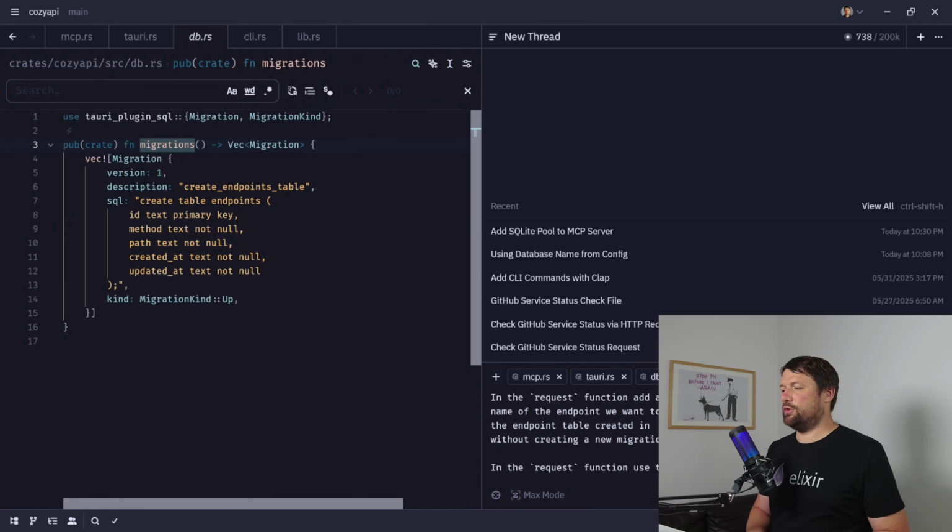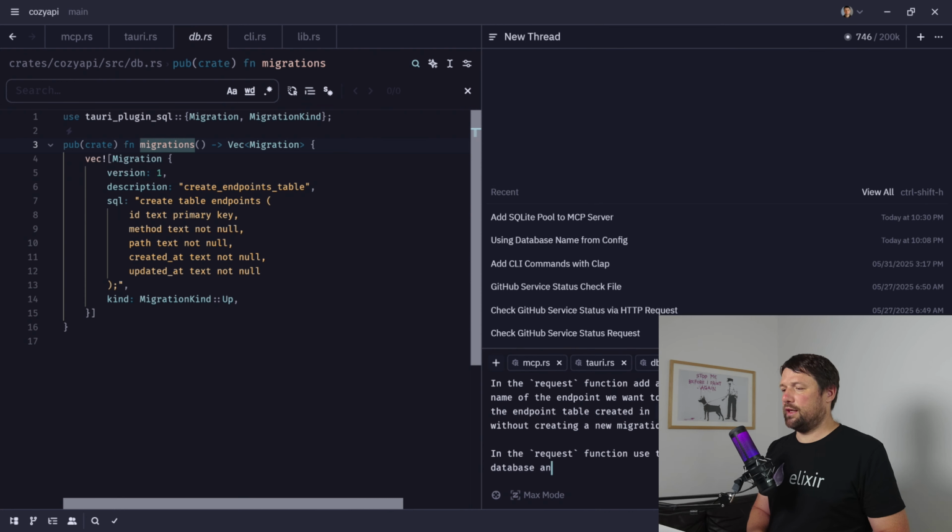In the request function, use a name argument to query the endpoint, the database, and HTTP using the